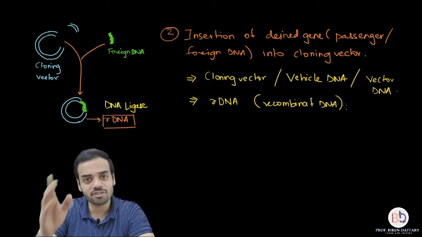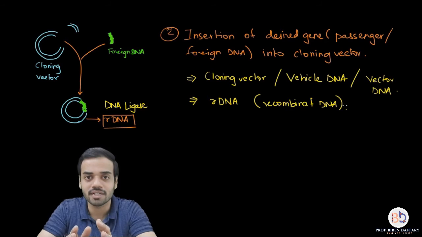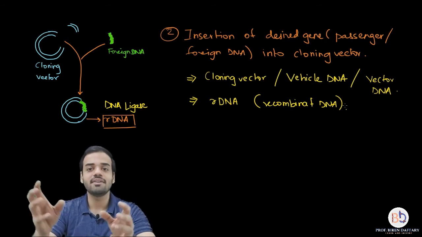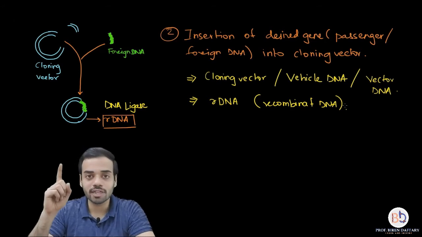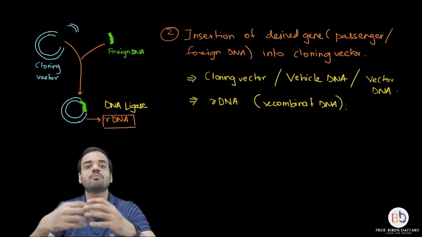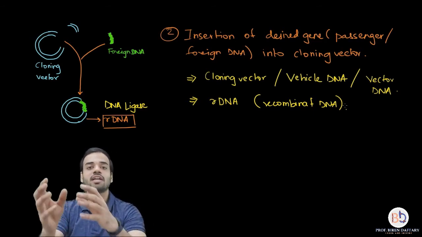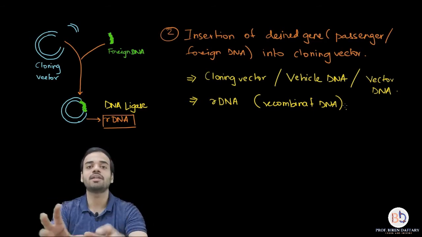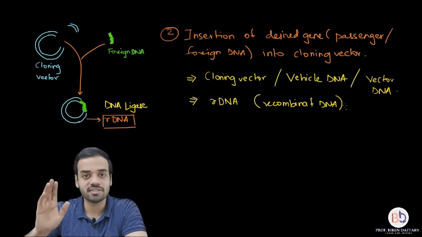No, hundreds of recombinant DNAs are formed, but over here I cannot draw hundreds of recombinant DNAs. So please remember that when I am talking of each of these steps, we are not only doing it for one quantity, we are doing it for multiple quantities. So just imagine, in this step we have got 90 or 100 of such recombinant DNAs. All of them will be of the same type. Is this clear? Okay, so this second step is clear.